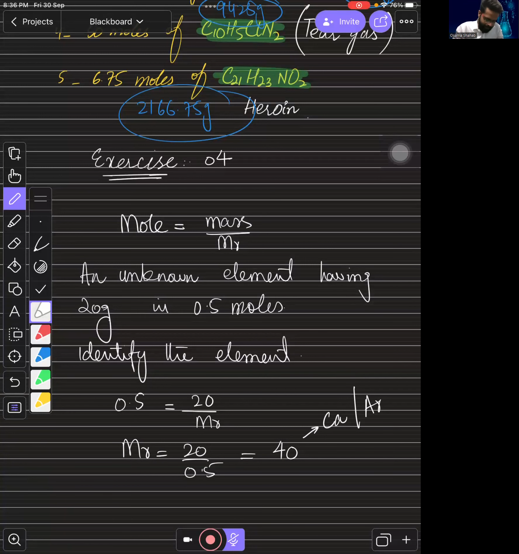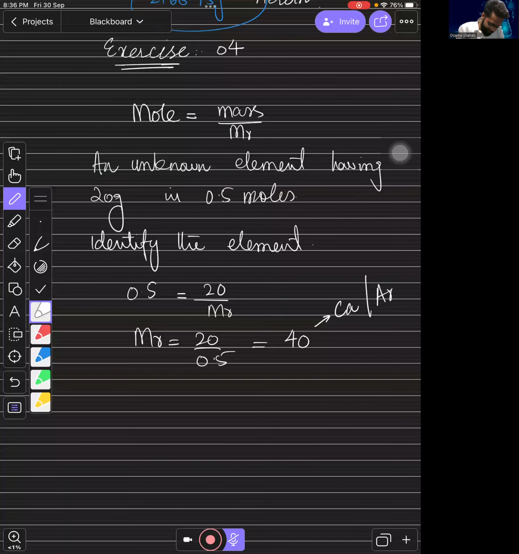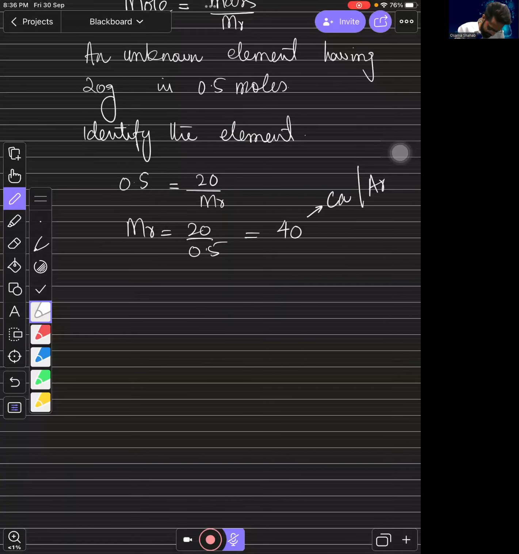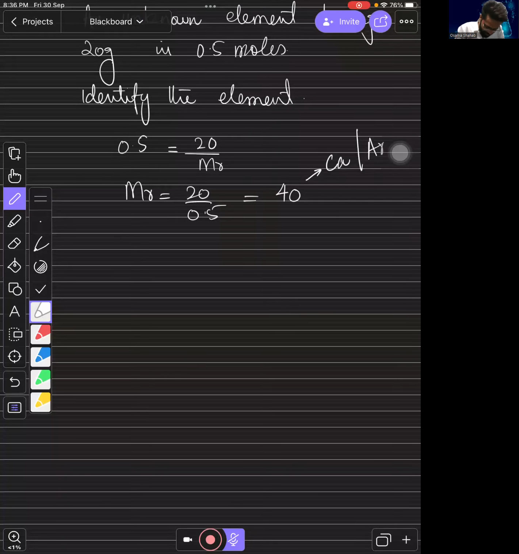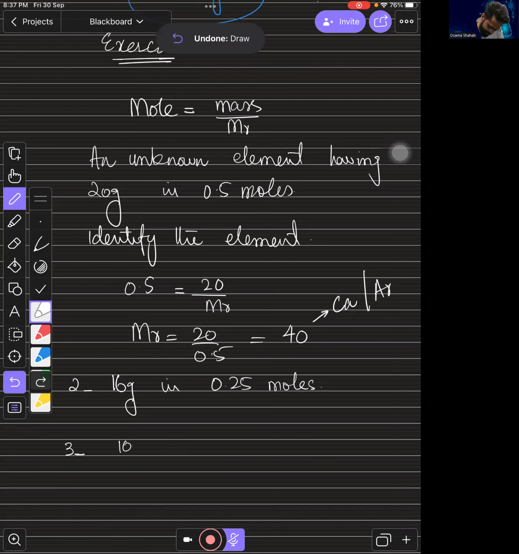Right, sir. Okay, so let's try. Now it's your turn. Just try this. For example, if you have 16 gram in 0.25 moles. If you have 16 gram in 0.25 moles, and for example, if you have 10 gram in, or for example, if you have 6 gram